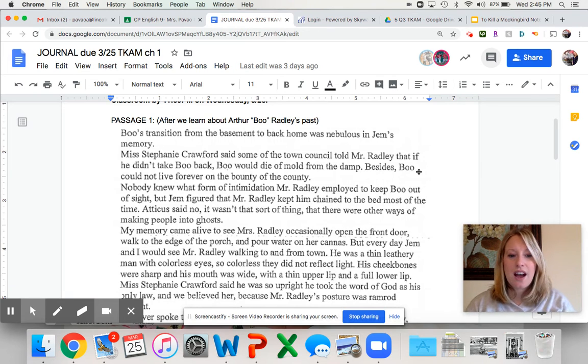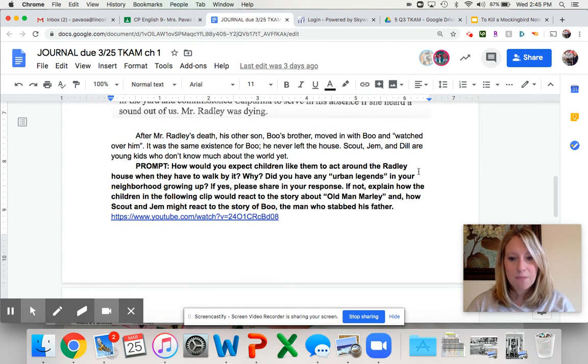And of course, the other thing I asked you in your journal entry is how would these young kids react to this home when they walk by it. So one of the things I want to point out about that is that when they walk by this house, since there's this legend, they kind of dare each other, like, hey, I dare you to touch the house. So that's how the chapter ends. One of the kids goes up and runs and touches the house and earns the respect of the other kids. So it again speaks to that legend of Boo Radley. So that was what the journal entry was about.